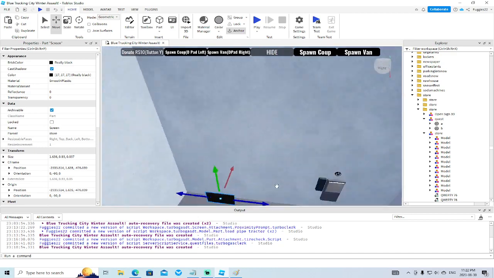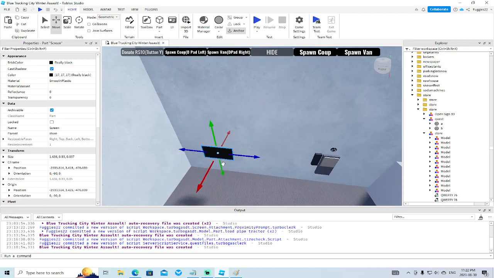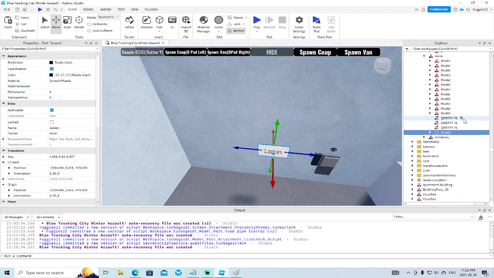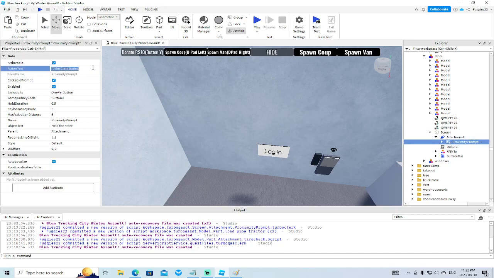And this is where it's important. Sometimes you can get ahead of yourself, adding in scripts, adding in buttons. Like, oh, it was the proximity prompt. That's what I was supposed to edit. I don't know what this store's name is. We'll just say